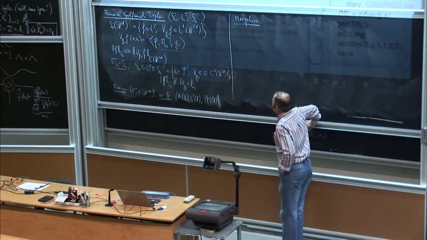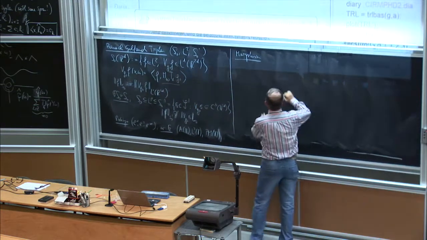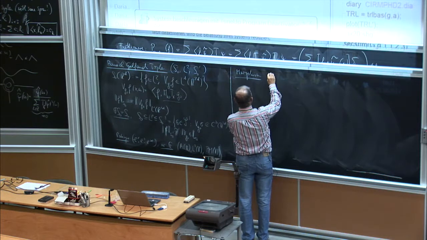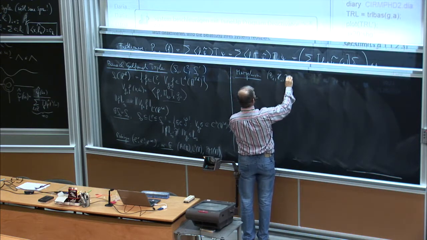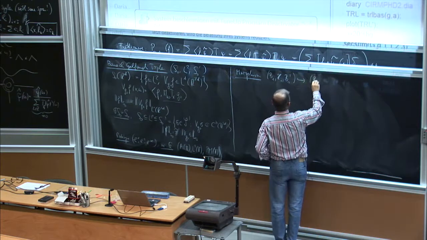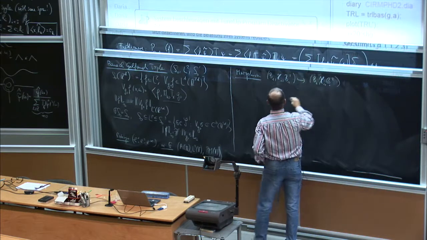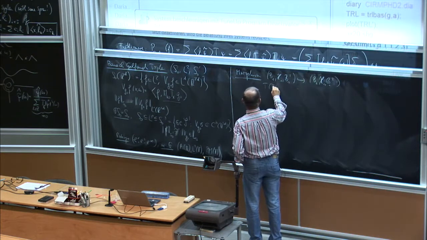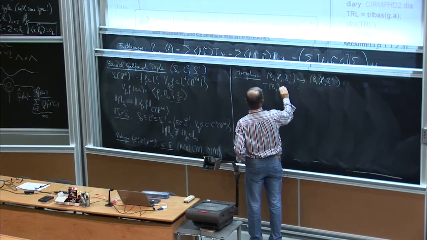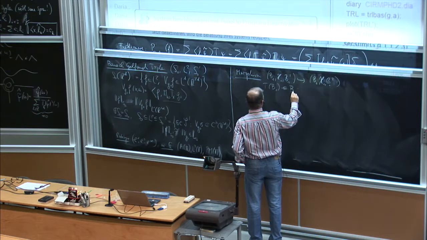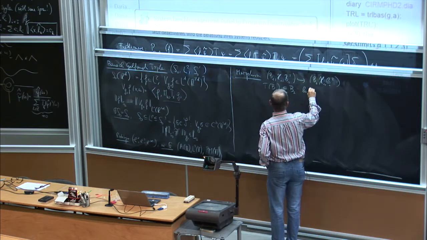And so morphisms between such triples, from B1, Hilbert space 1 and dual space B1 prime, into B2, Hilbert space 2, B2 prime, would be, of course, such that it's linear and bounded into B2, linear and bounded.